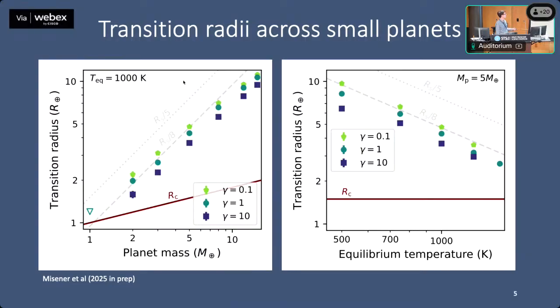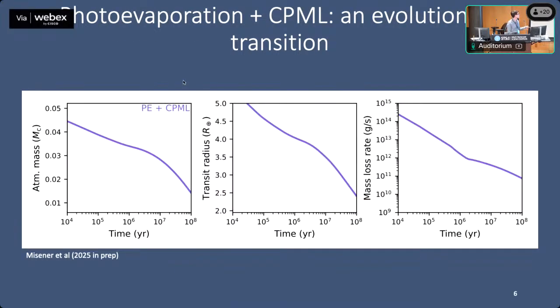And one thing that's interesting is these are different gammas, which I didn't explain, but these are actually different atmospheric opacities in the upper atmospheres, and that can actually make a difference as to when these transition. I don't have time to talk too much more about that, but if someone wants to know more about it, I'm definitely happy to answer your question, because I'm almost out of time. So just really quickly,